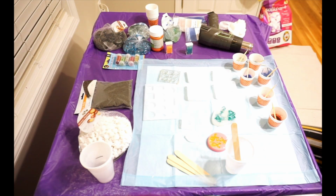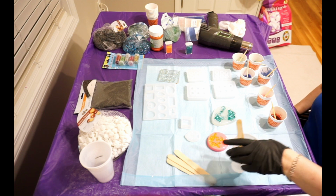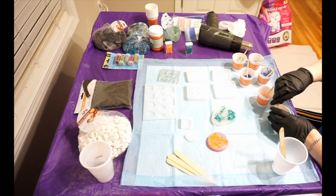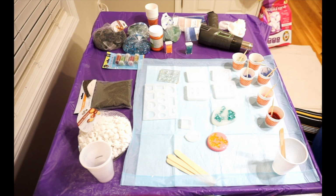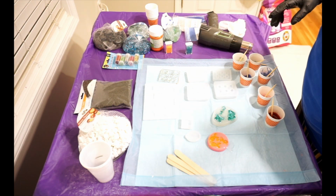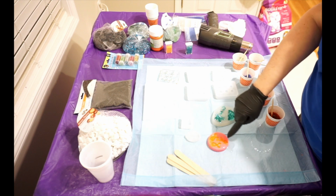Hey guys, I'm back. So I mixed up my resin, which is Stone Coat Art Coat. I will tell you the colors when I'm done pouring, mostly because I want to get these jewelry things filled, unless I know of a color as I go through. I did put some orange glitter in these